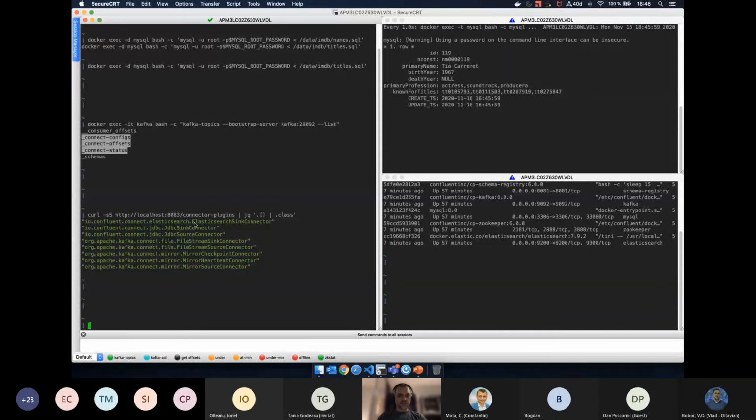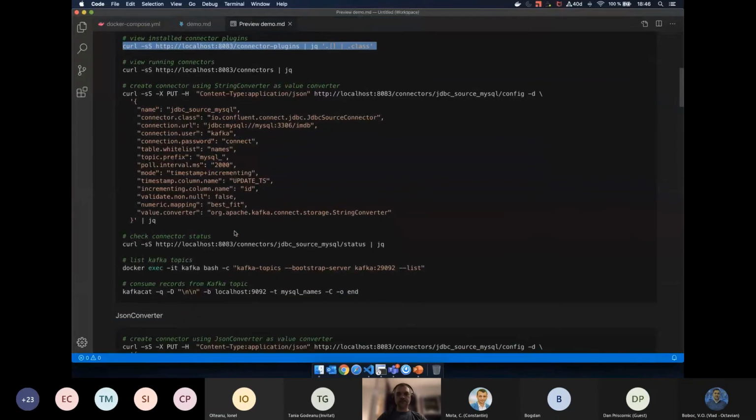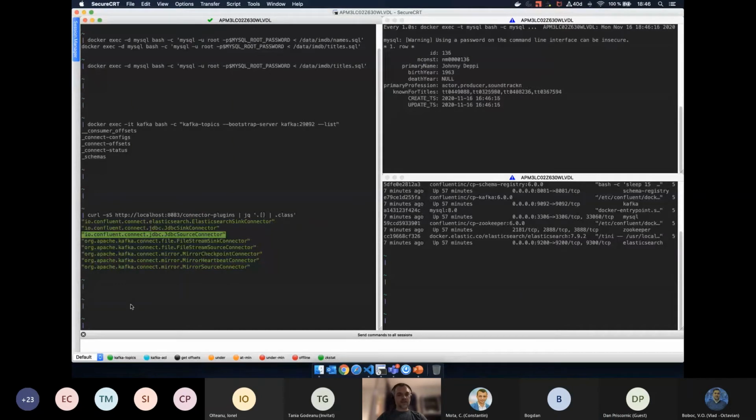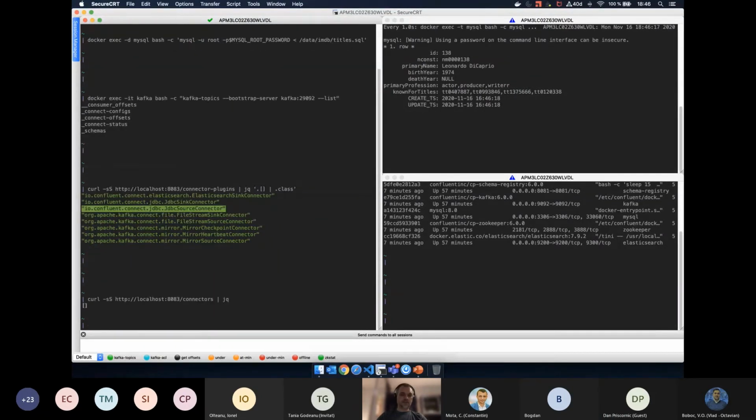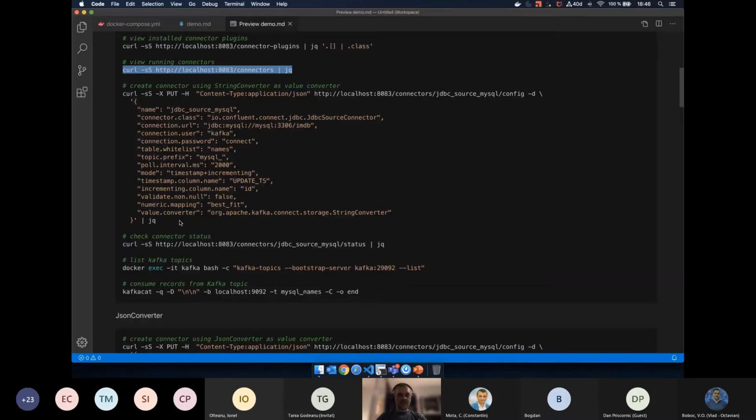We can see here that we have the Elasticsearch sink connector and the JDBC sink and source connectors. We can see if we have any running connectors using the connectors endpoint, and it returns an empty value, so we do not have any connector running.